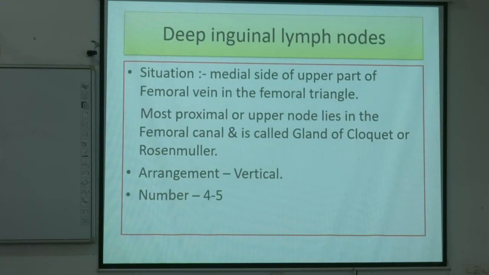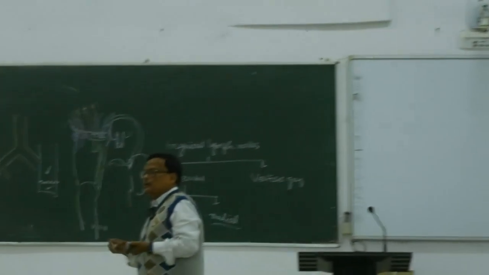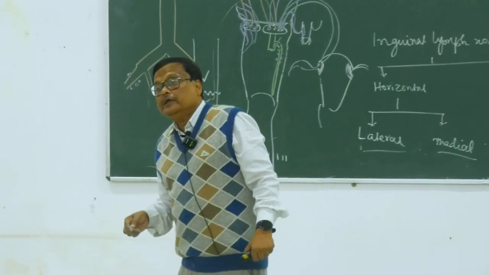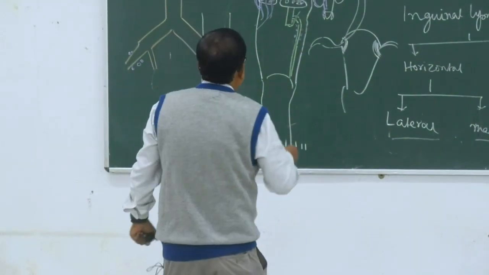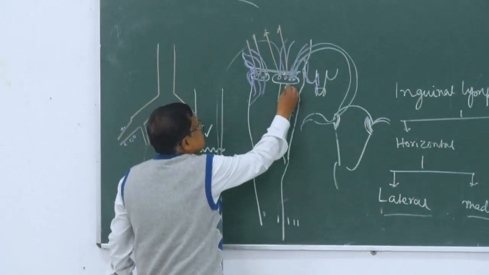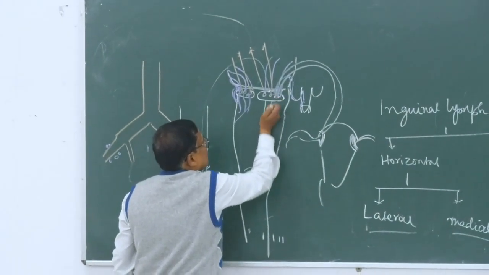ডিপ ইঙ্গুনাল লিম্ফ নোডস, খুব একটাই শুধু ইম্পর্টেন্ট জানতে হয়। Deep inguinal lymph nodes situated on the medial side of the upper part of the femoral vein in the femoral triangle. So deep inguinal lymph nodes is a content of the femoral triangle. It is situated on the medial side. এবার একটু খুব ভালো করে শোনো।